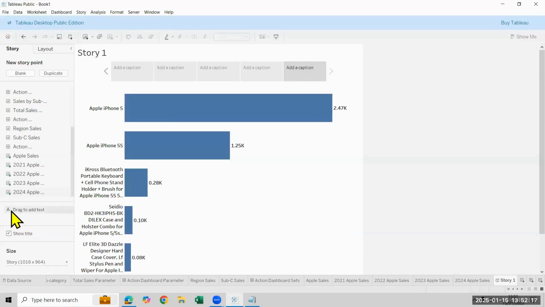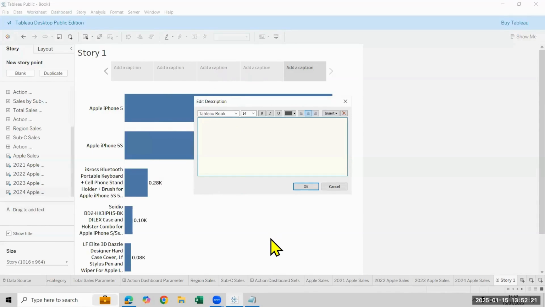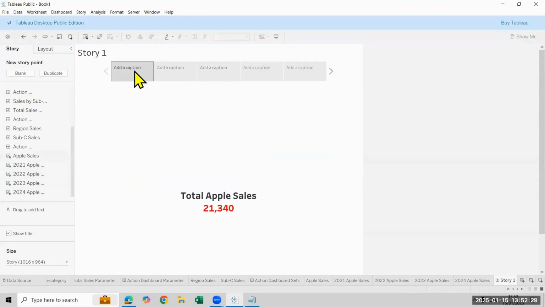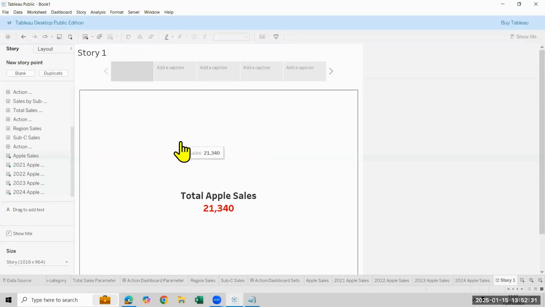No. Drag a text. If you want to drag it, you have to drag it like this. You want to keep it like this. Okay, then you have to mention like this. Instead of mentioning in this way, you can use buttons here and you can double click and write here total